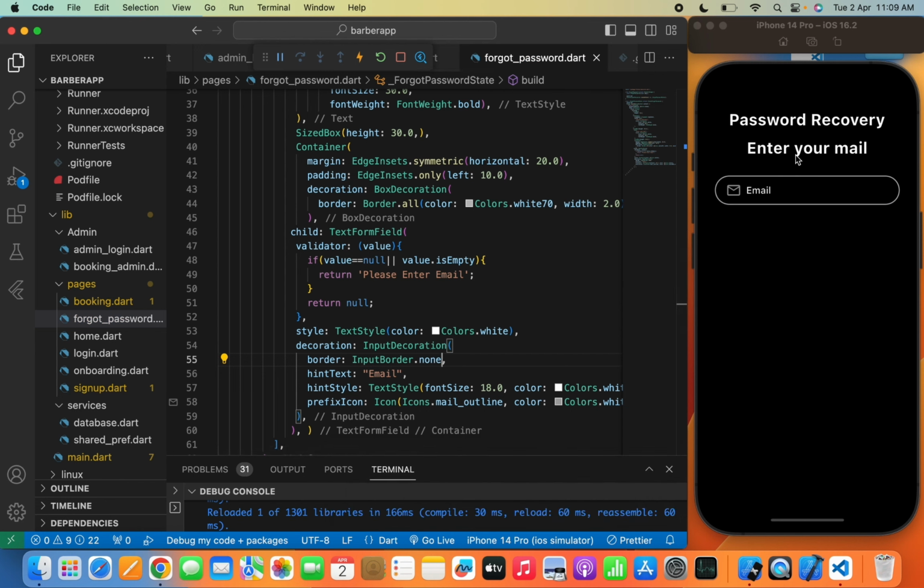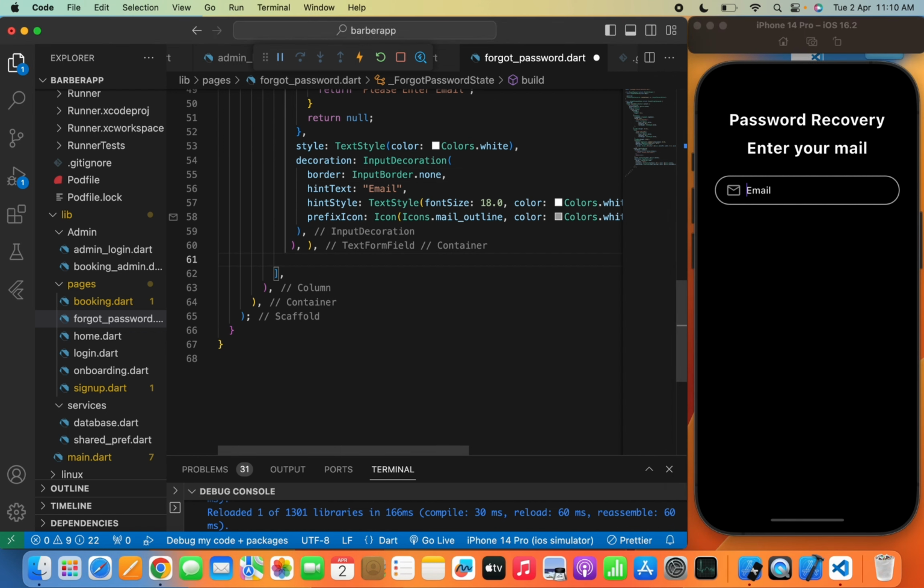Once the user moves to the password recovery page, they read the text like enter your email, and they type their email in this text field. Then we need a button just below this text field, which will be the send email button, and that email will be sent to the email that the user has just entered, and through that email they will get one link to reset their password. So first I'm going to create a